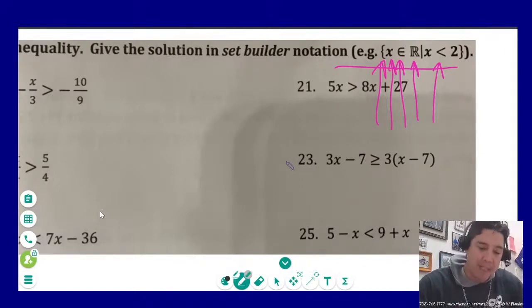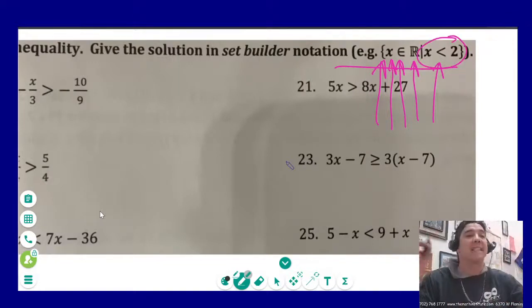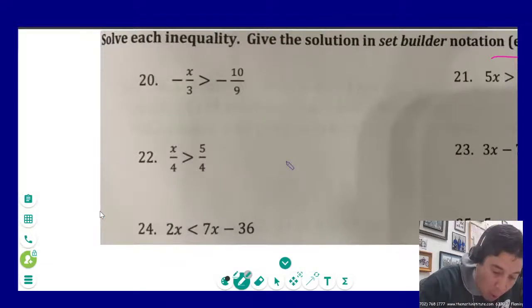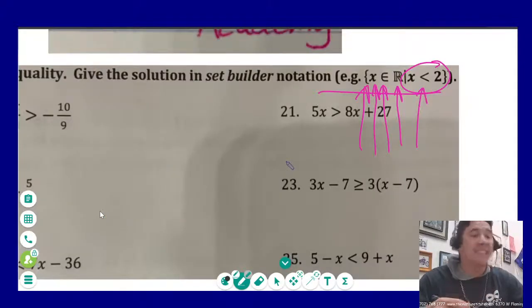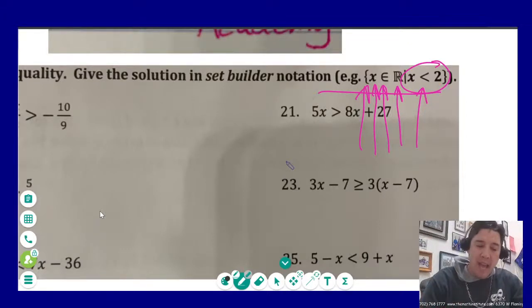Now the problem is, Celeste was used to saying the answer is x is less than 2. She was able to do that no problem. She just didn't like the set builder notation. Guess what? For all of these problems, it's going to be in set builder notation, and x is going to be an element of the real numbers. So Celeste, just do the problem the way you know how, and instead of saying x is less than 2,